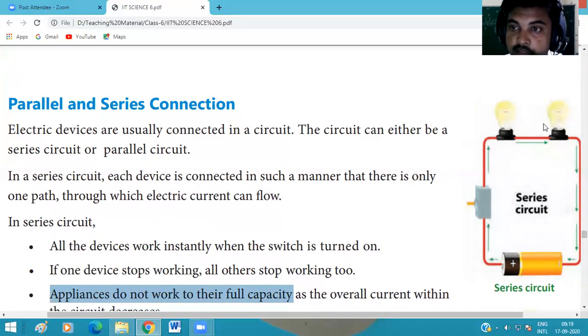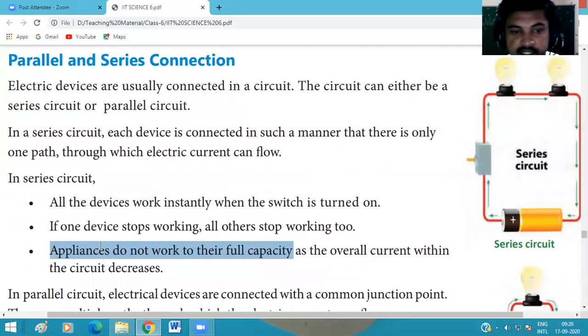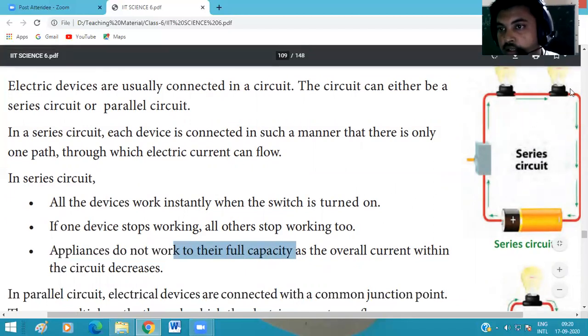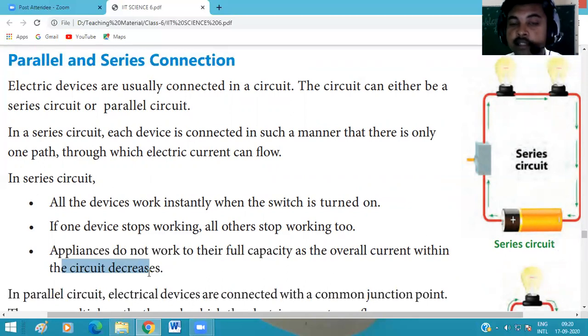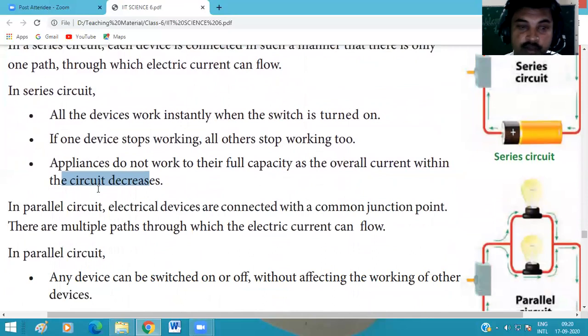तो हमारे जो भी बल्ब रहेंगे उनकी इंटेंसिटी धीरे धीरे, उनकी ग्लोइंग कैपेसिटी थोड़ी सी कम होती जाएगी। ये अच्छा ग्लो करेगा, ये थोड़ा सा कम करेगा, ये उससे भी कम करेगा, उसका नेक्स्ट जो भी होगा। क्यों? क्योंकि उसकी इलेक्ट्रिसिटी यूज हो जाती है और वो एक सीरीज में है। तो ये भी इसका एक साइड इफेक्ट है। अप्लायंसेस डू नॉट वर्क देयर फुल कैपेसिटी। पूरे जो डिवाइसेस कनेक्टेड वो अपनी फुल कैपेसिटी से वर्क नहीं कर पाते क्योंकि उनके पास इलेक्ट्रिसिटी कम पहुंचती है, जो बाद में कनेक्टेड रहते हैं। As overall current within the circuit decreases, so overall जो current है वो डिक्रीज हो जाएगा सर्किट का।